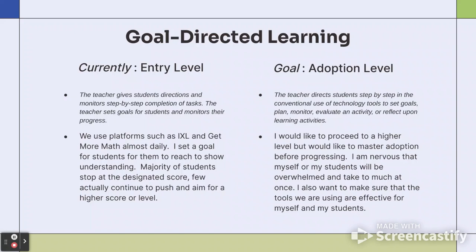But after looking through this matrix, I definitely see areas where I can progress and help me and help my students. So I'm hoping to learn